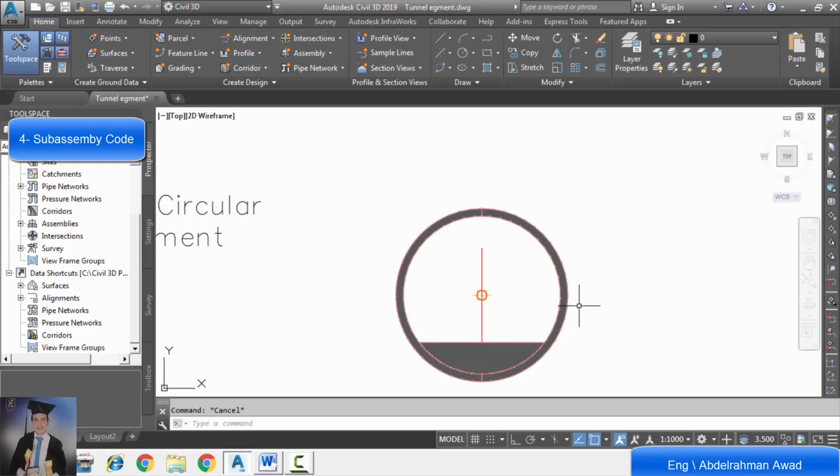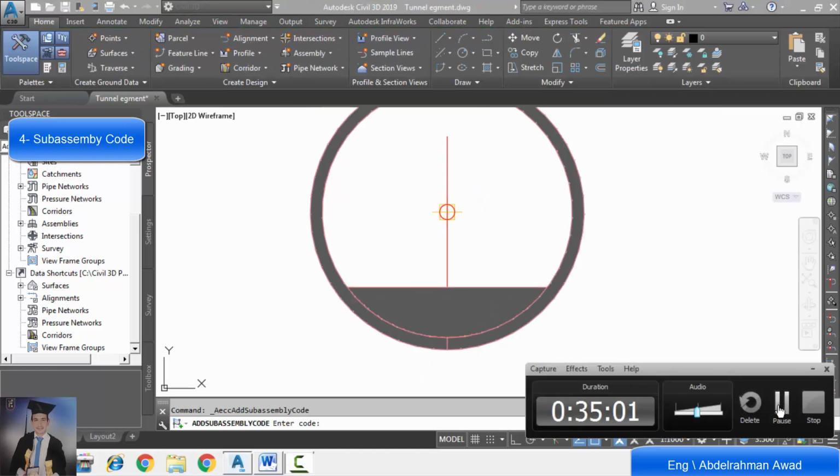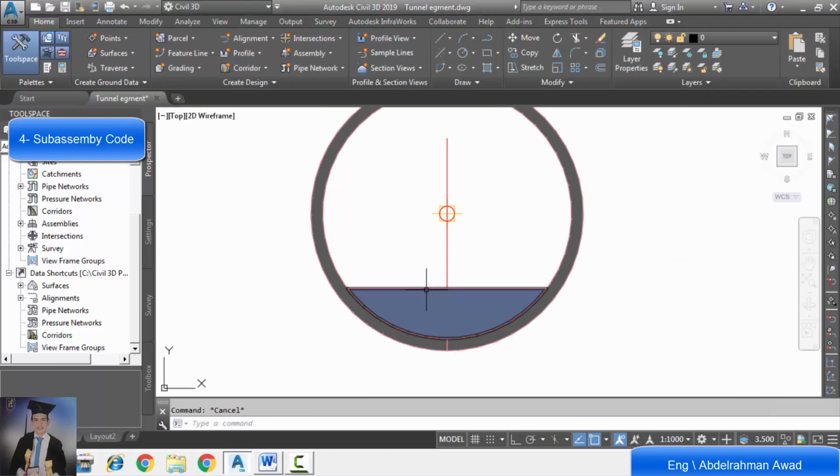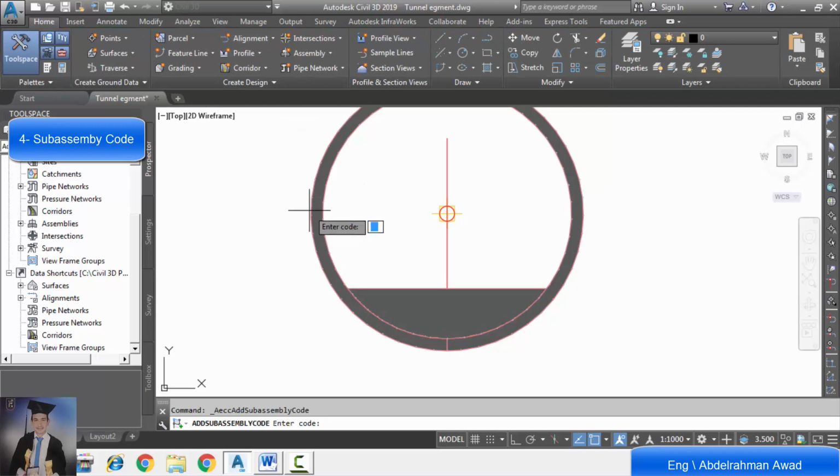And now we begin first with filling concrete. We click on filling concrete and click add a code. We will enter code, and this code shouldn't contain space, so we'll name it FAC, which represents filling concrete.